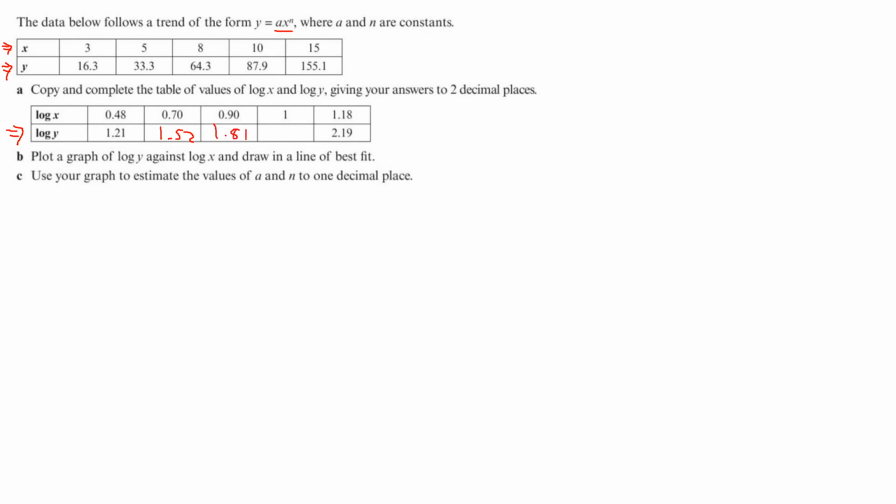1.81. And finally, for the last value, 87.9, that's just going to be 1.94. Okay, pretty simple stuff. Now, how are we going to plot log y against log x and draw a line